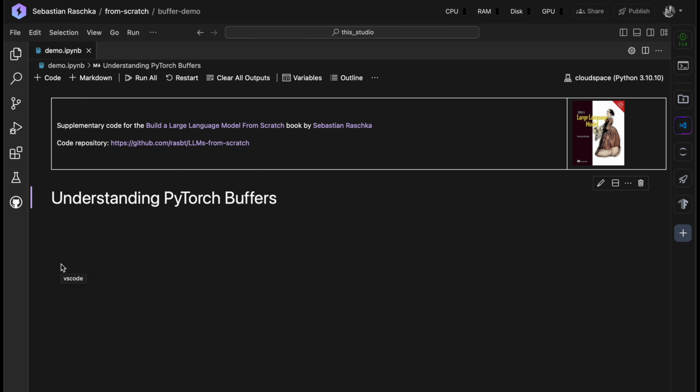Yeah, hi everyone. So today I want to talk about PyTorch buffers, what PyTorch buffers are, when we use them, and how they are actually useful. And the reason I want to talk about it is it's, I think, a very important concept if you implement larger models in PyTorch. For example, if you implement a large language model from scratch, you might encounter a concept